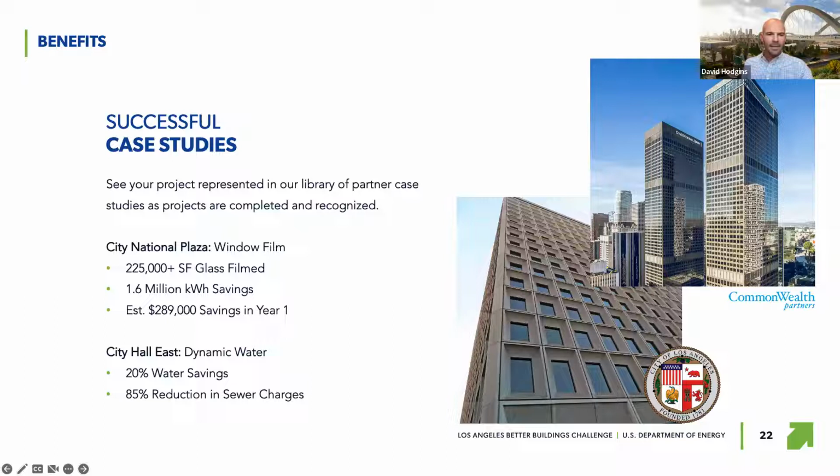And then on the water side, and I should mention this, specifically at City Hall East, this was a technology, dynamic water, that came through the GSA Green Proving Ground, which we'll hear about, saving 20%, over 1 million gallons a year at City Hall East. Huge reduction in sewer charges, also got rid of chemicals, which was big for them from a workplace safety perspective